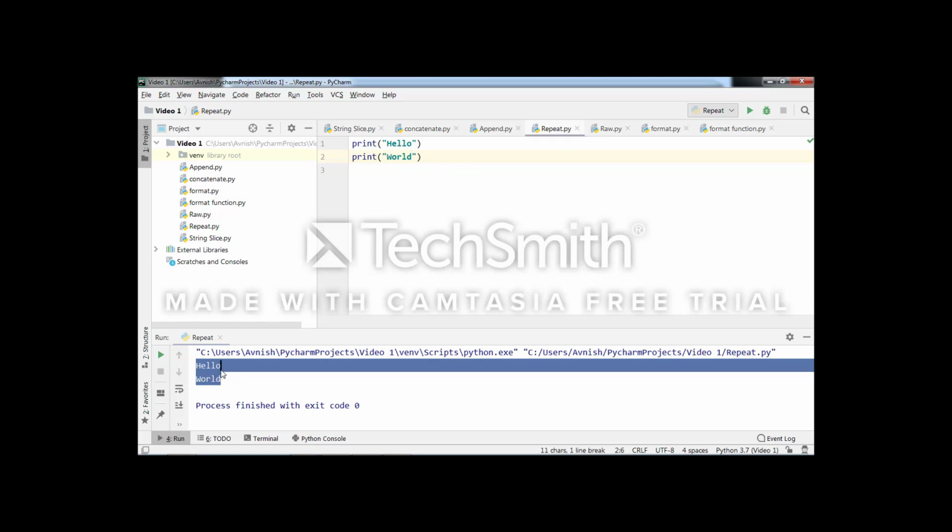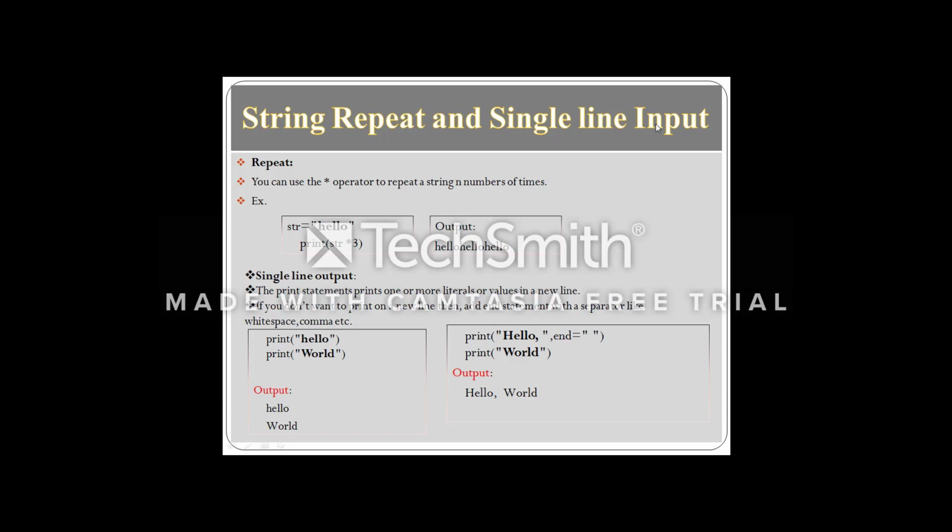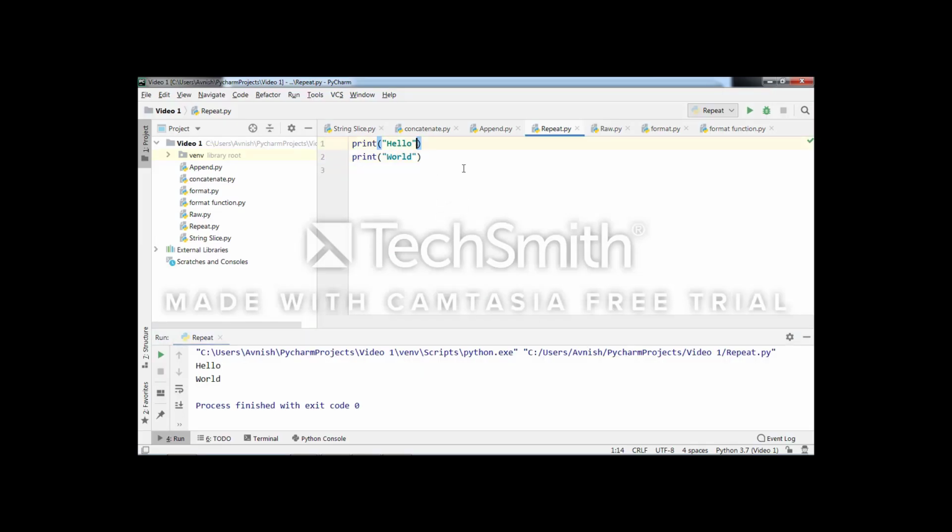Suppose I want to print that output on a single line, then I can use the end argument. See how to use that end argument. You only have to mention end, an equals symbol, and a white space enclosed in two quotes.